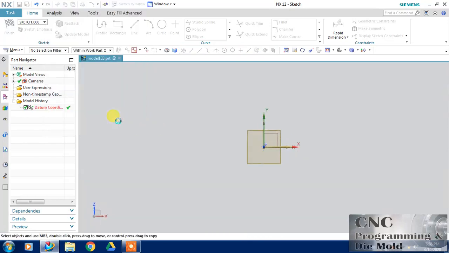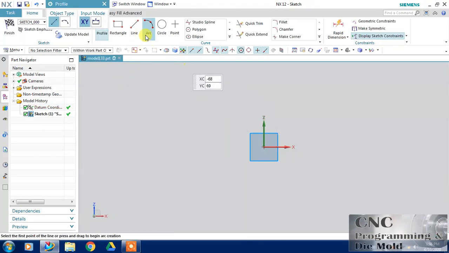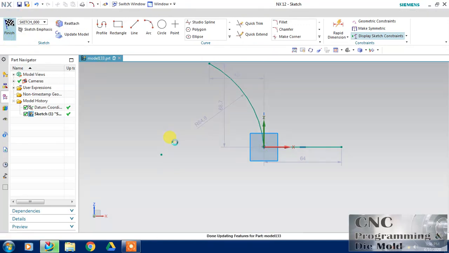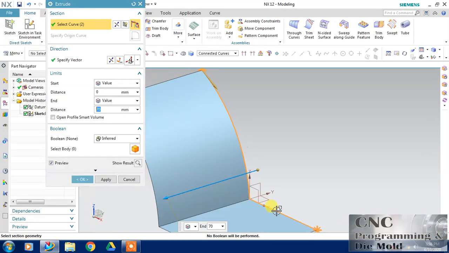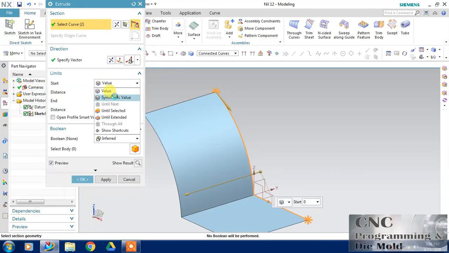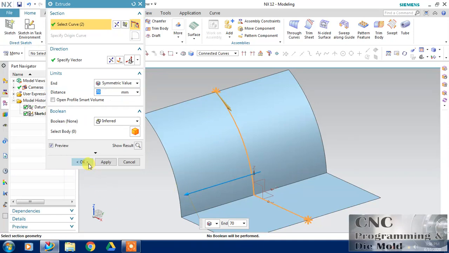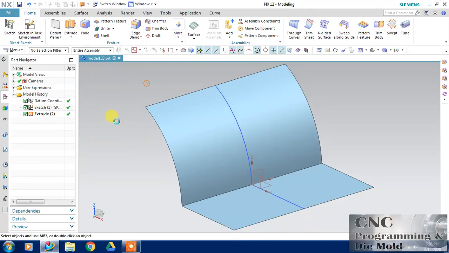Let's start with the sketcher, a single line and then a curve. Now I will extrude this to create a surface, just make them symmetric. This is my surface and I have two surfaces here, one and the second is this.